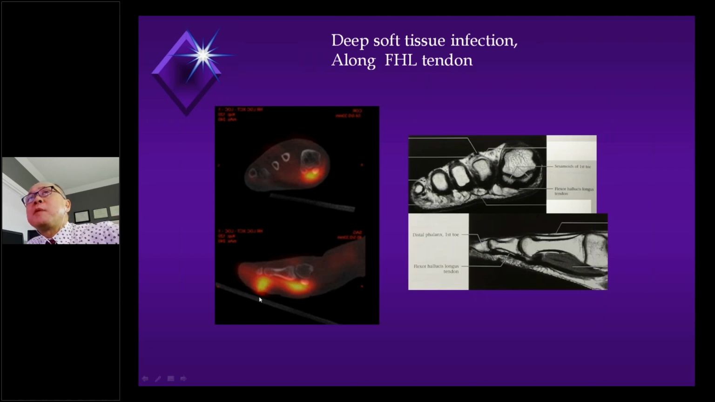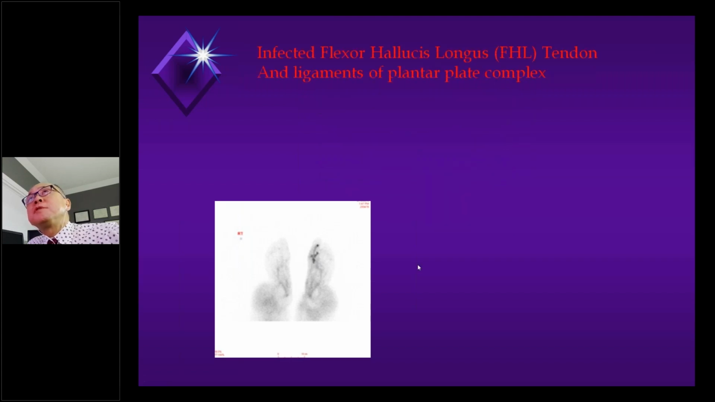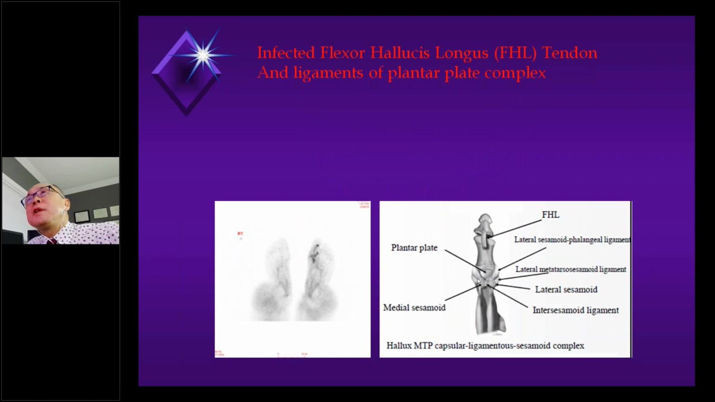This patient, for example, from the ulcer has gone to deep soft tissue and has infected his flexor hallucis longus tendon there. This is exactly the distribution of flexor hallucis longus tendon. Here's just an MRI anatomy diagram just for anatomic reference. This patient infected not only his flexor hallucis longus tendon, and I didn't recognize this initially. I was quite puzzled until I had to think about it. He not only infected his flexor hallucis longus tendon, but he also infected the fine plantar plate complex with its